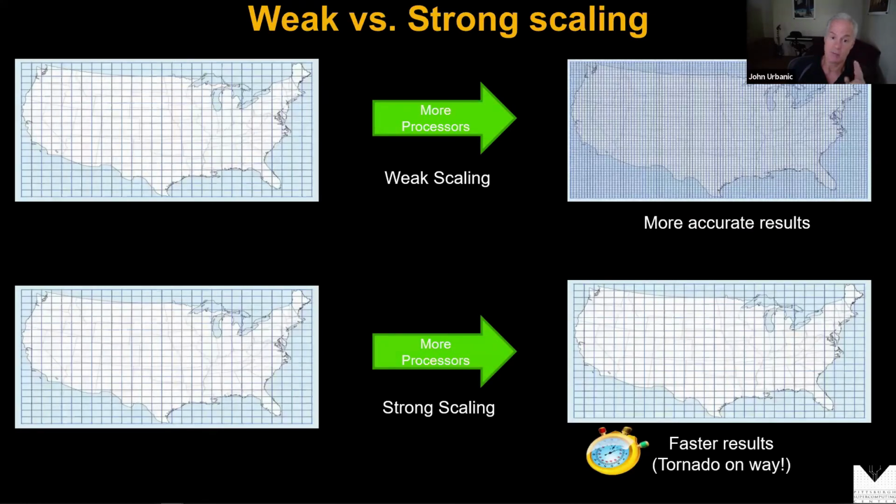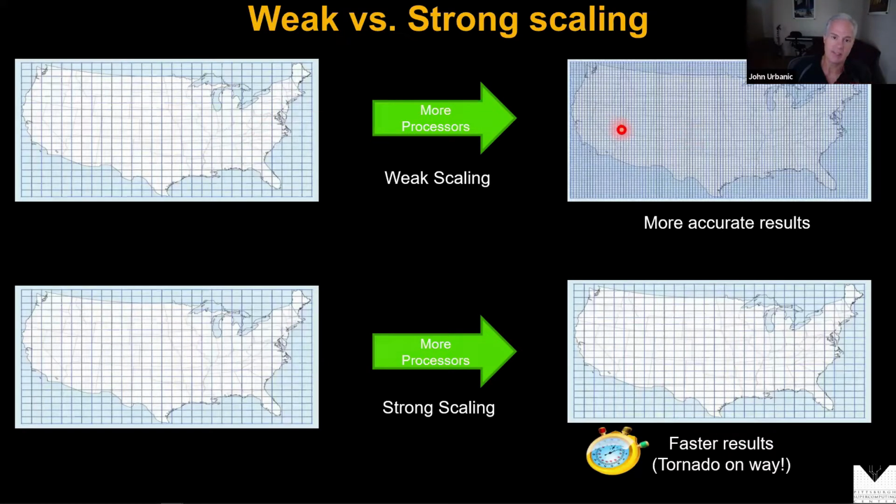There are 2 ways, however, of basically scaling your code up, and they're both equally valid and relevant, although one of them is called weak scaling and one of them is called strong scaling. Don't let that bias you to think one's more meaningful than the other, or more important. Weak scaling is where we've got a problem, like our weather problem, for example. Say we're meteorologists. Let's say we're trying to predict all the weather, and we might want to get more accurate results, which means we need a finer grid. And to go to a finer grid, maybe a 10 times finer grid, we need a lot more processors, unless we're willing to wait a lot longer.